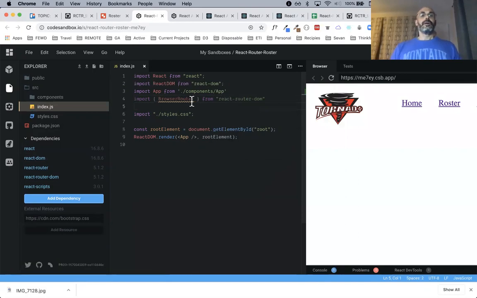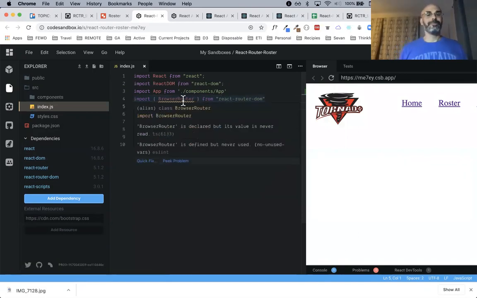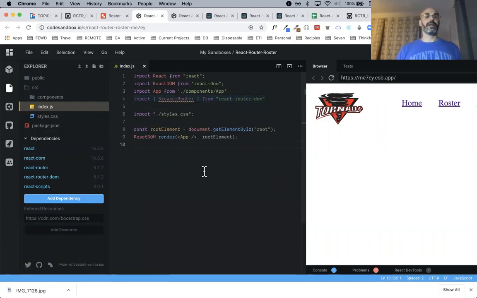BrowserRouter is a really long word, and we don't really want to use it. So we're going to import BrowserRouter as Router. It's just a shorter way of referencing the BrowserRouter component.